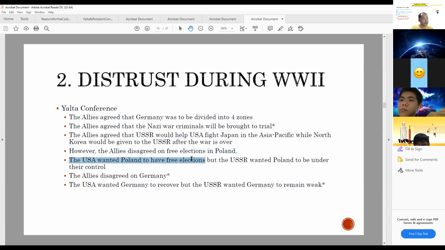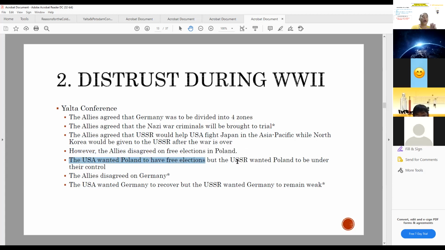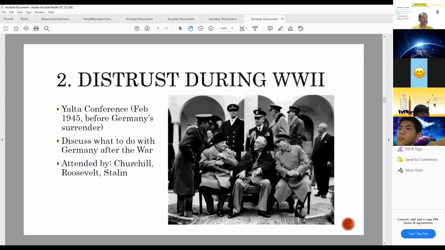But you see, the US wants to have free elections. Russia says no, no, no. I'm taking over. You shut up. This is my control. Then the two countries, remember these two guys, will say, huh? So you can imagine Stalin cannot speak English well. And you're supposed to have one person standing beside him. And this guy,